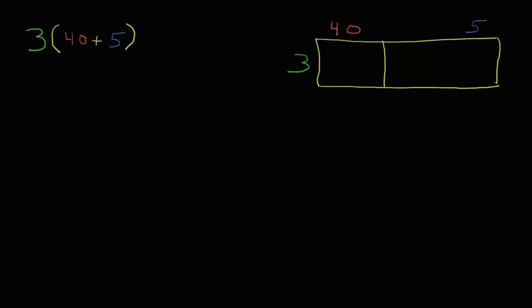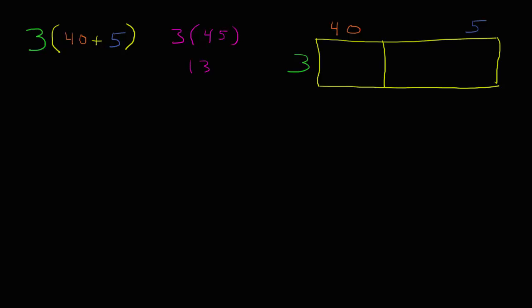We're going to learn about the distributive property. And where the distributive property shows up is when we have a number outside of a set of parentheses, like this 3 out here, times an expression inside of a set of parentheses like this 40 plus 5. Now we could just follow our order of operations and say that's 3 times 45, and then 3 times 45